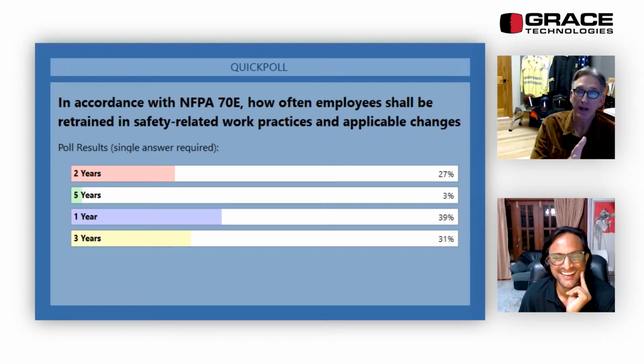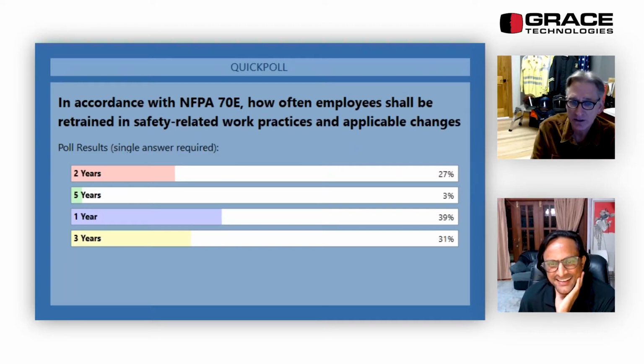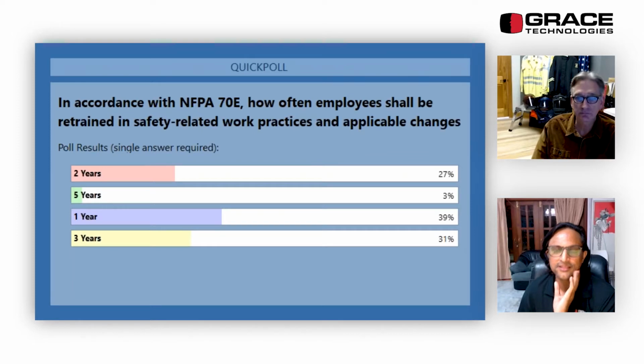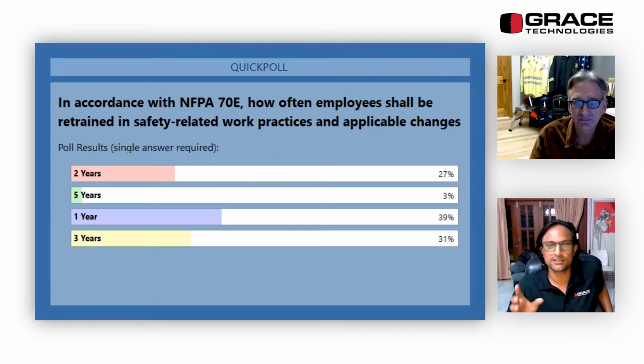But a lot of places, they'll say we're going to train our people every year or every 2 years. And again, if you don't go according to 70E, if you go 1 year, 2 years, that's even better for safety, I believe. Okay. So why would someone think 2 years or 1 year? Charlie, my follow-up question to that answer is, is it set in stone that only every 3 years they need to be trained, right?